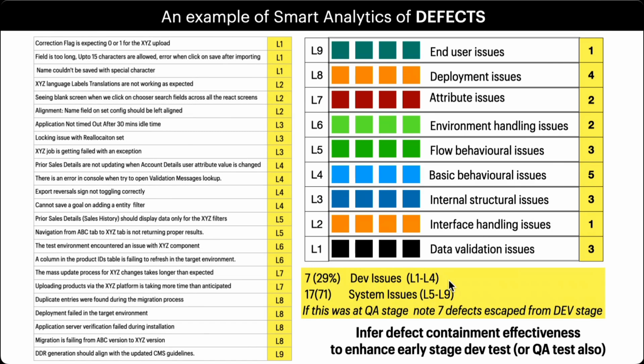which, in the earlier slide, we understood could be issues that probably ideally could be found by a fellow who is building the software. And the remaining, which is not 17, I think you have to subtract the 5, which should be 12, should be system issues, right? Now, what does it tell you? It seems to just indicate that yes, we have found about 24 issues, approximately split half and half into L1 to L4 and L4 to L9.